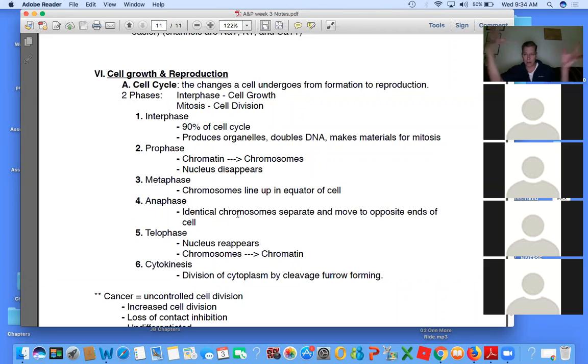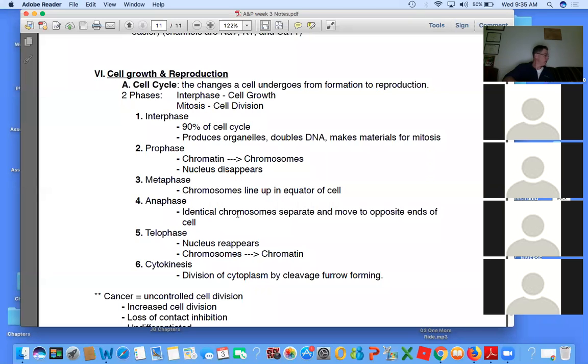And then if you bundle all your laundry together, right, like the cell bundles all its genetic material together, it's chromosomes. Nucleus disappears, and it's ready for division. Metaphase is when you literally see the chromosomes lined up in the middle. And anaphase is when the chromosomes pull apart to opposite ends of the cell. And telophase occurs when there's like a pinching, if you look, a pinching